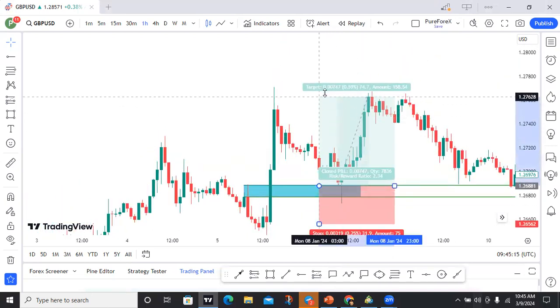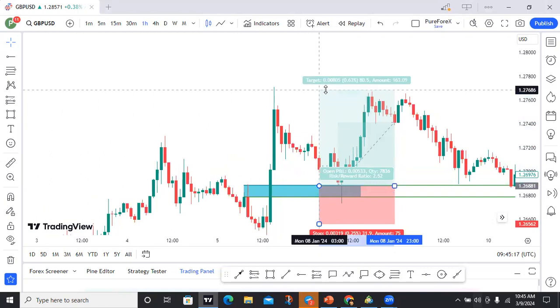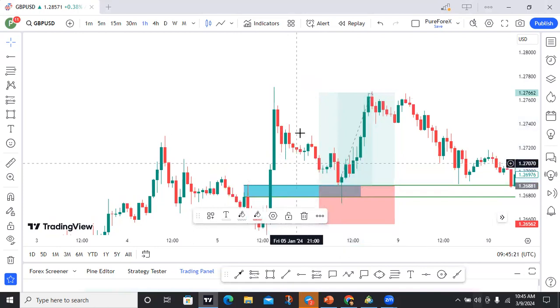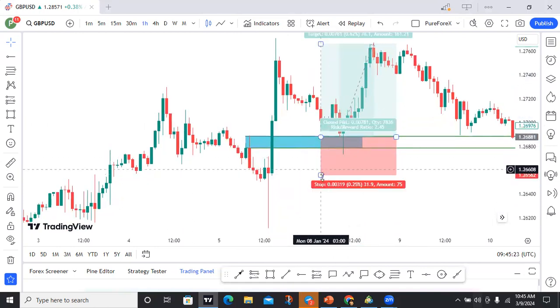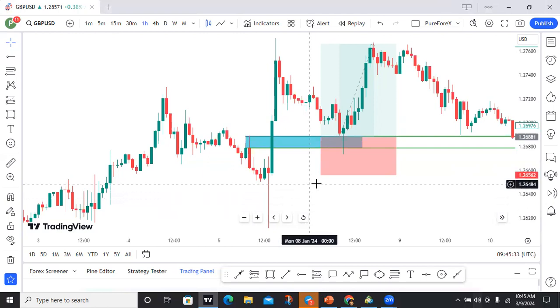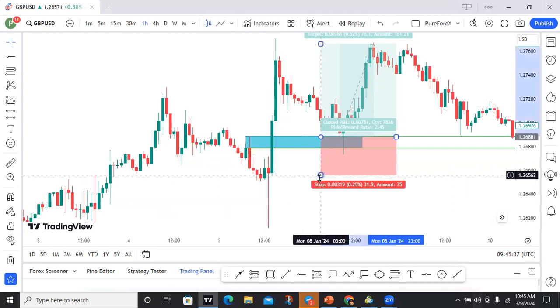So we're going to have like 2% here. So our risk to reward ratio is going to be, where is your stop loss going to be? Don't be the type of trader that always puts a tight or close stop loss. Sometimes you put your stop loss too close, price will hit you out and then start going in your favor. So at least